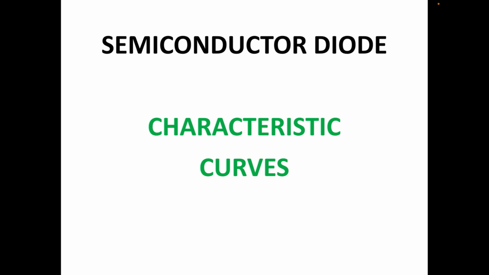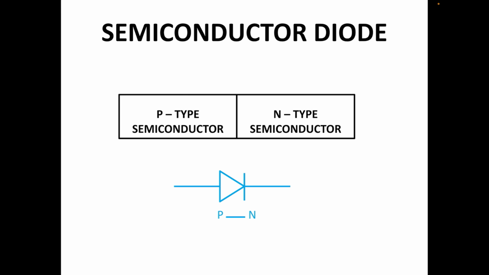In this video, I will share an experiment to plot volt-ampere characteristic curves of a semiconductor diode. A semiconductor diode has two portions. One portion is made of p-type semiconductor and the other portion is made of n-type semiconductor. The interface of two portions is called p-n junction, and so a semiconductor diode is also known as p-n junction